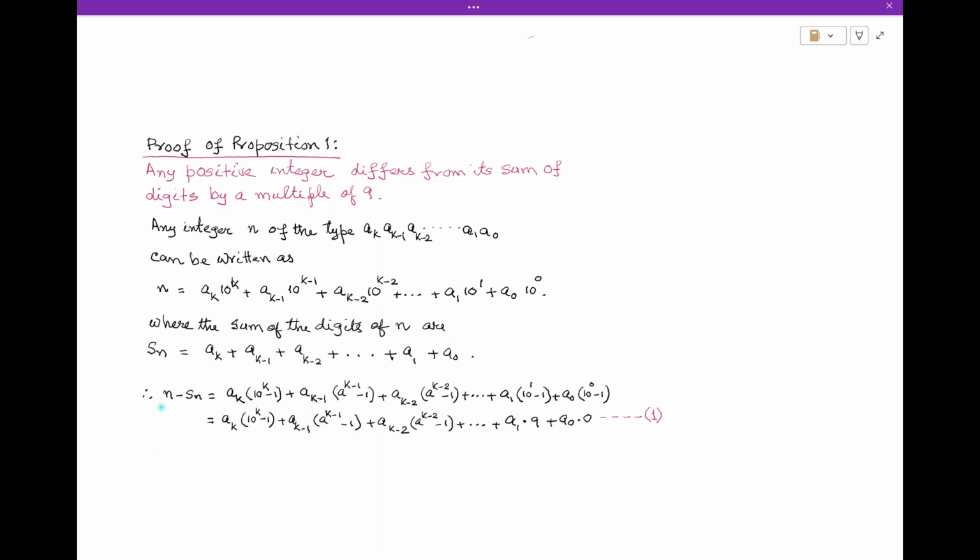Therefore, n minus S_n, that is the number minus the sum of its digits, is obtained by subtracting the two,